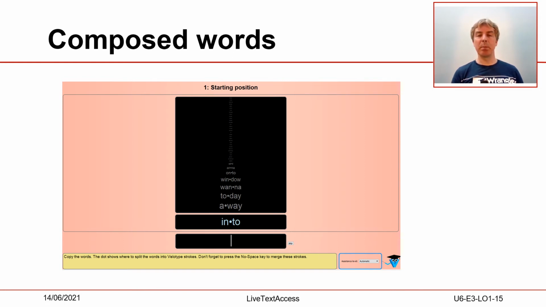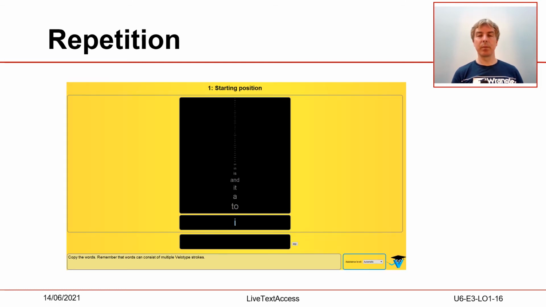So in the example above, you will firstly press the keys I in the middle and N on the right to produce the word in, and release the keys. Then you press the T on the left and O in the middle together with the no space key. After practicing the composed words, you will repeat the combinations and combined words as extra practice. It is important to thoroughly practice on individual words before taking a next step.